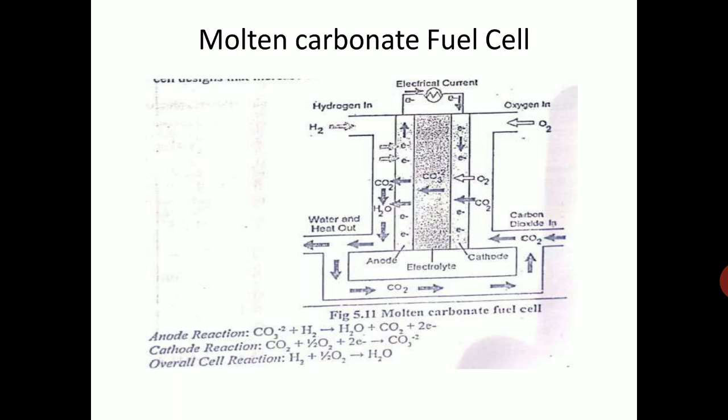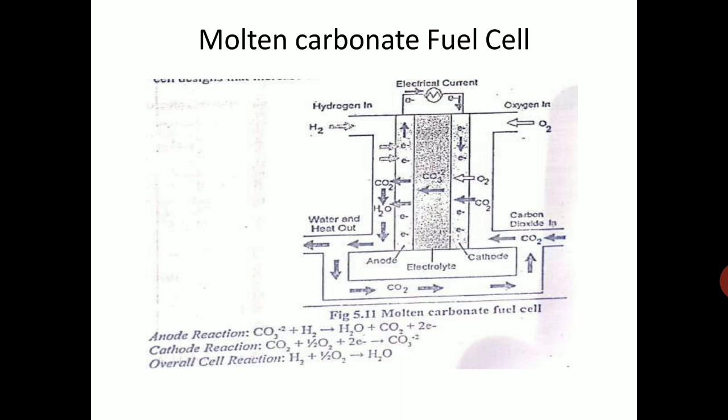You can use either of these. And you have got a cathode and we supply oxygen, that is, we can supply air also. And then the electrolyte is the molten carbonate, which you can see in the center between these two, the cathode and anode. And what is generated is water and heat goes out, and this CO2 which is generated continues the cycle.